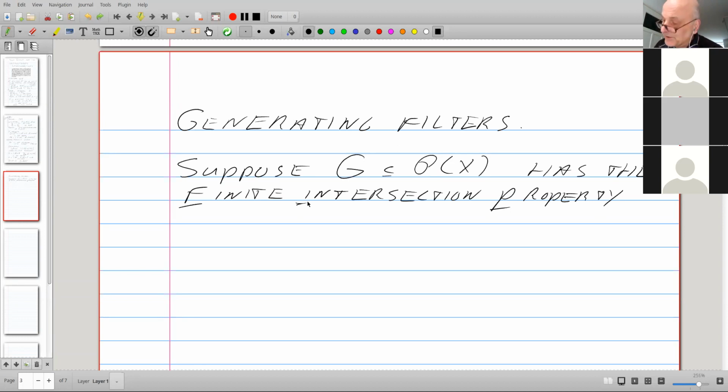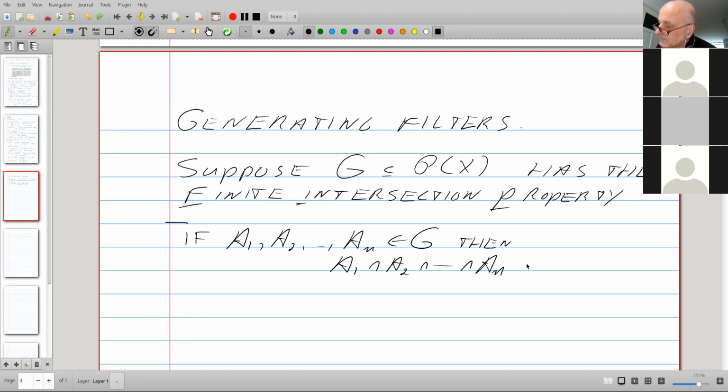But the finite intersection property, the definition of that is if... this is the definition of the finite intersection property, the FIP. If you take finitely many members from G, then the intersection is non-empty.